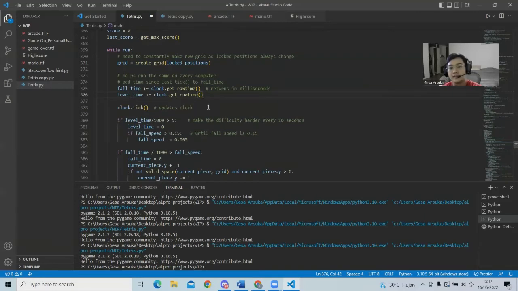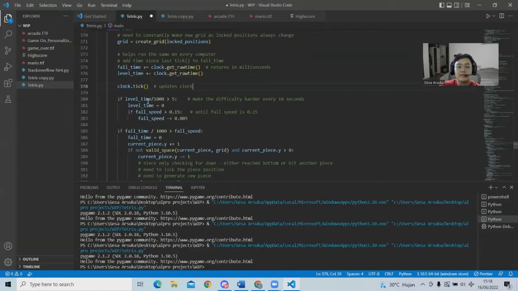oh yeah, I forgot to mention that in this game, every 5 blocks that we place, it's going to increase the speed. So this clock is kind of increasing the difficulty, or it's just to record the game. Clock tick, this is just the tick of the game. Level time, this is also to increase the difficulty of the game, so that every 10 seconds, as it's